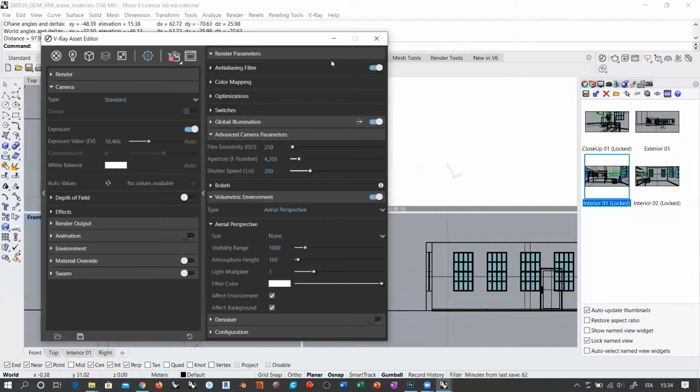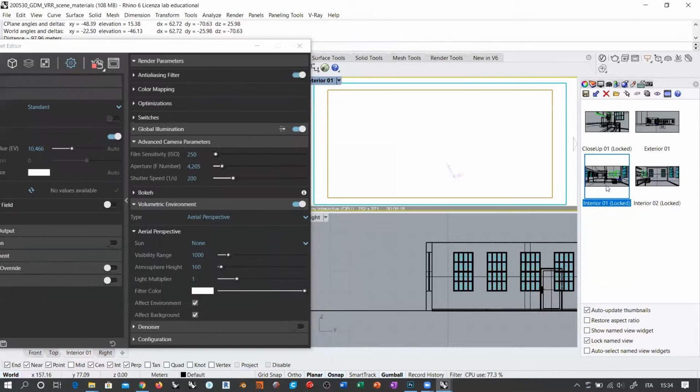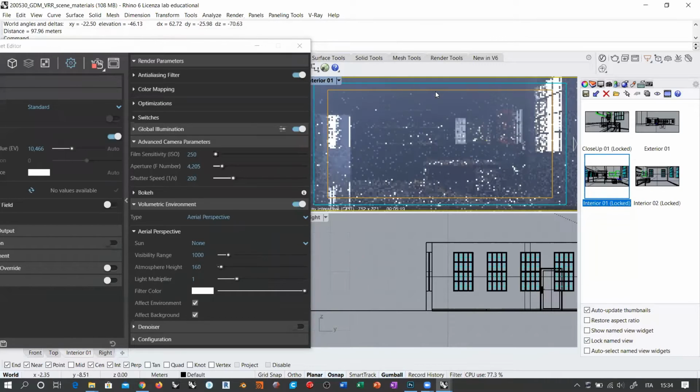In our case, we are not. Well, actually, what I want to do, I want to work in our interior. So I go back in the interior scene, and you see that in this case, if I use aerial perspective,